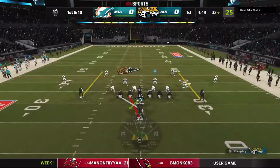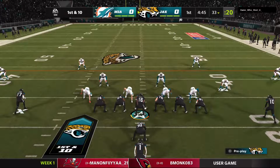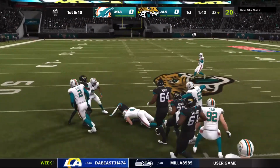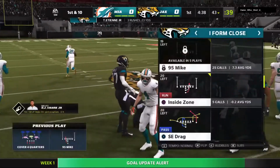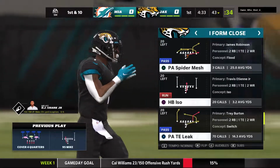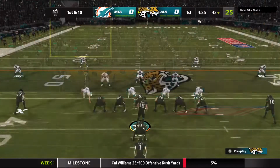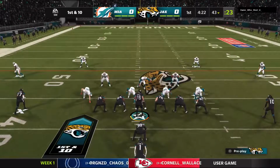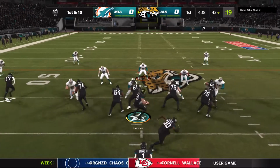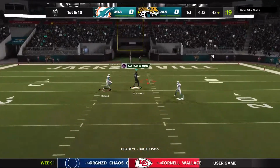So they'll come up 1st and 10 now from the 33. A handoff for ETN. And this will be a Jaguars 1st down as the tackle made it about the 43-yard line. But one unit I know you want to watch is that offensive line. If they keep clearing holes like that, it could be a long night defensively. No doubt about it, because when they are in sync, as we're seeing so far, when that continuity is there and you can see that they're playing off of each other while controlling the defensive front linebackers, you're exactly right. It could be a very...